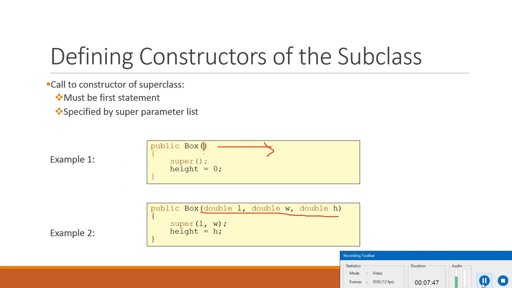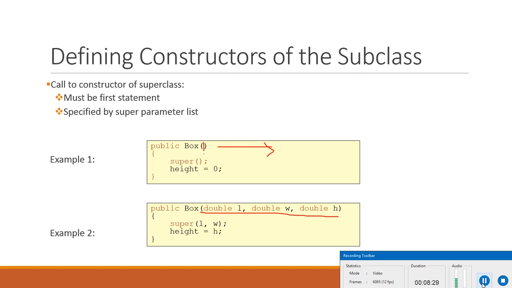A constructor for the child class uses a constructor from the parent class in a special way. A constructor for the parent class normally initializes all the data inherited from the parent class. So a constructor for a child class begins with the invocation of the constructor for the parent class. There is a special syntax for invoking the parent class constructor, and now we will look into that. The super keyword is used to call the parent class constructor. Now we will look into the program for how to call a parent class constructor from the child class.